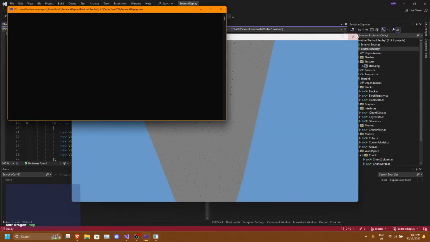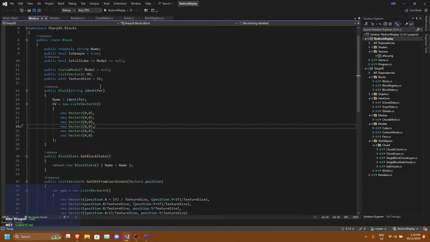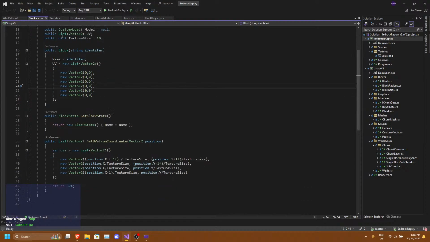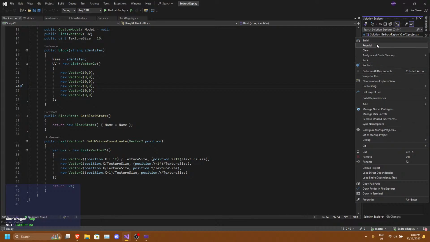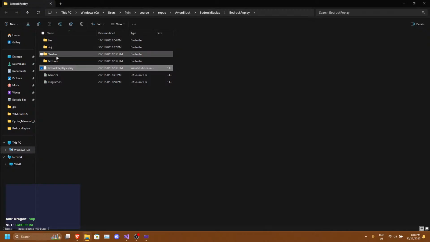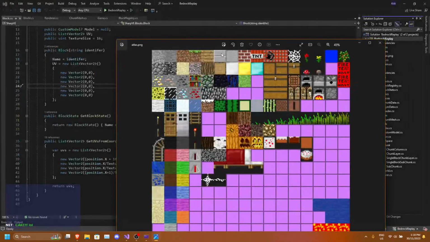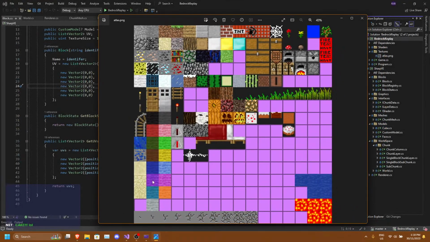You want me to change it to cake? I can change it to cake. Let's see if I can remember what it was. If I can find the image. It's under open folder in textures. There we go. Alright, so if we can change it to cake, it would be 0, 1, 2, 3,